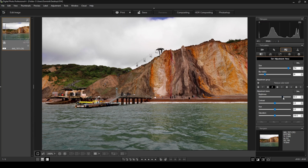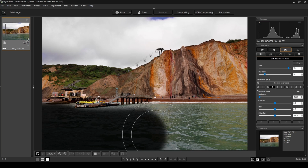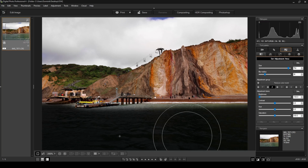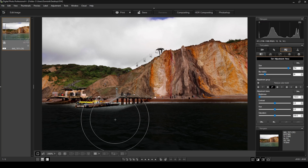And then what I'm going to do is bring the brightness of group 2 down completely, so that when I adjust things, when I select things with this tool, I can see what it's selecting. Alright, we've selected the water now, so I'm going to go ahead and bring the brightness to how it was